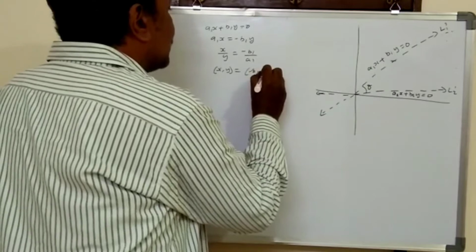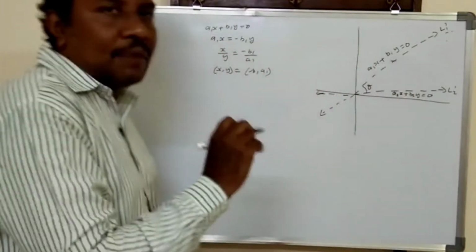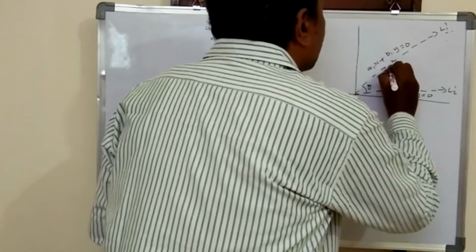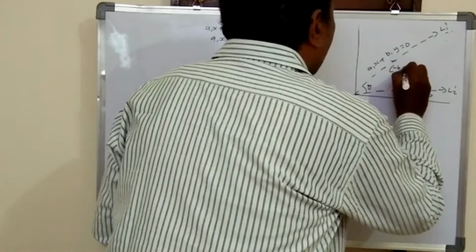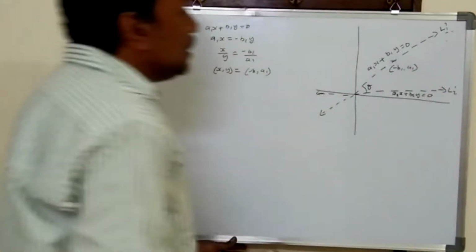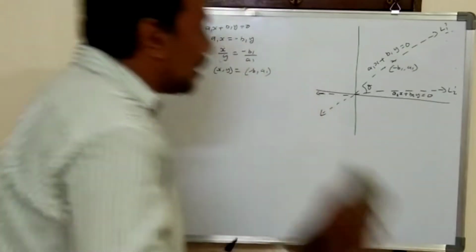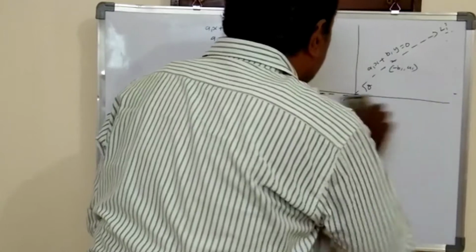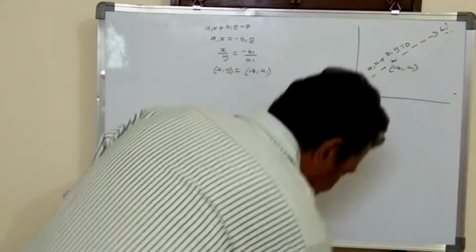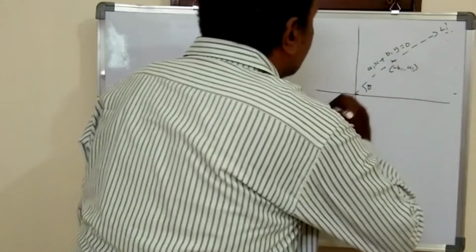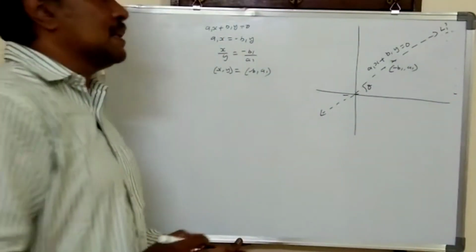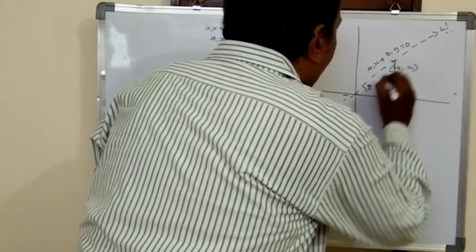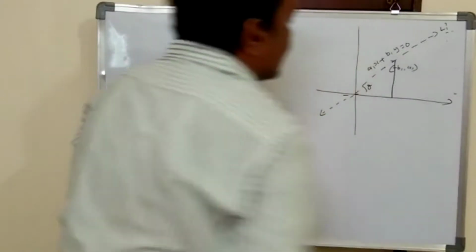a1. So one of the points of this L1 dash, you take this point, for example, as minus b1 comma a1. Now, for our convenience, we will erase this L2 dash. We will take this point through which L1 dash is passing. Now I am drawing a perpendicular line from this point to the x-axis.